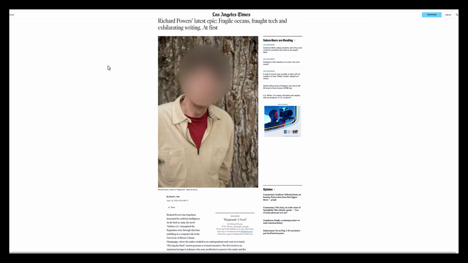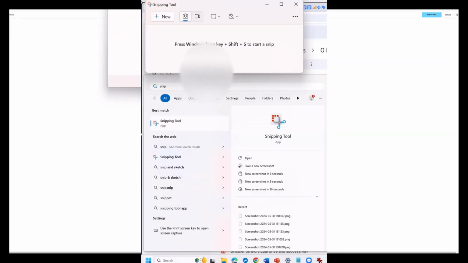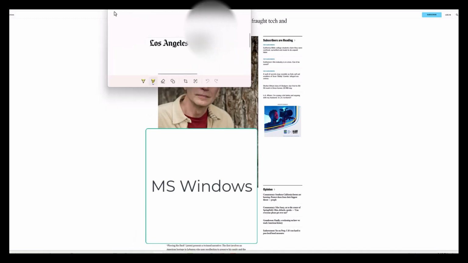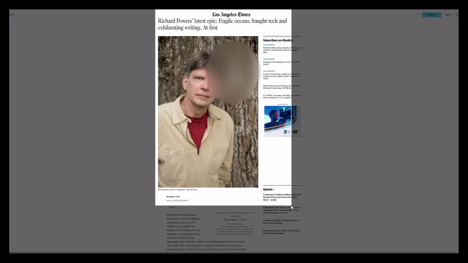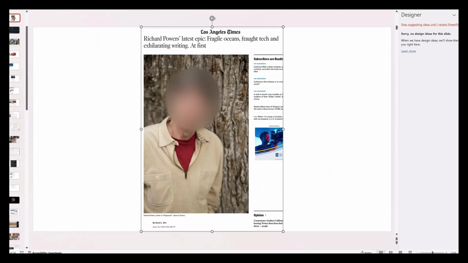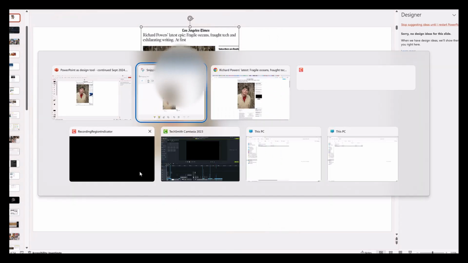I've used it thousands of times. I can highlight, I can find part of the article that I want to feature in this. And so there it is. It's got the author. That's called attribution.